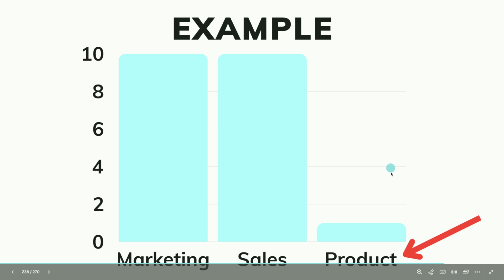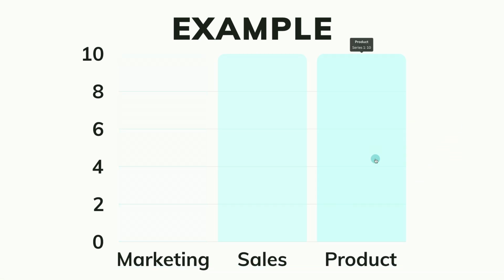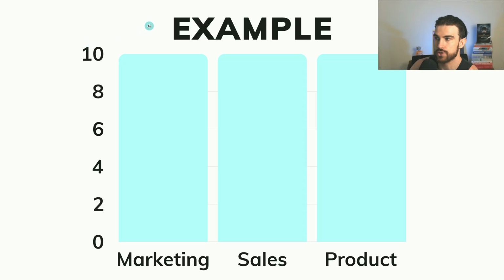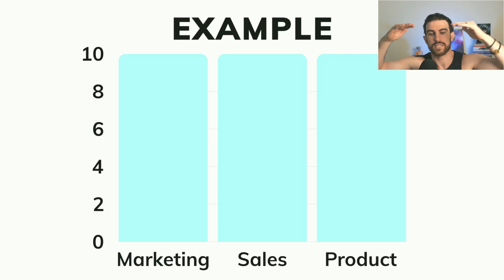If you were to then fix that constraint and say the product goes from a 1 out of 10 to a 10 out of 10, then the business would naturally grow to its next lowest constraint. So then something else would break. The system would break somewhere else. It might be with customer support. It might be with culture. It might be with team. It might be with branding. There'll be another thing that breaks. So a system will work and then it will grow until the system breaks. Then we fix the part that broke, the constraint. Then the system will grow again to the next constraint.